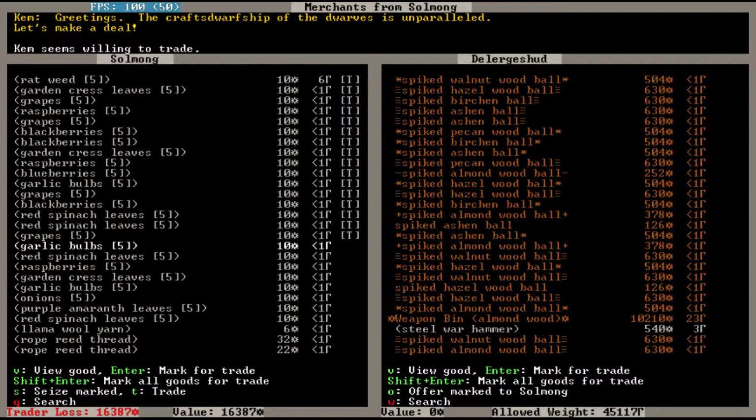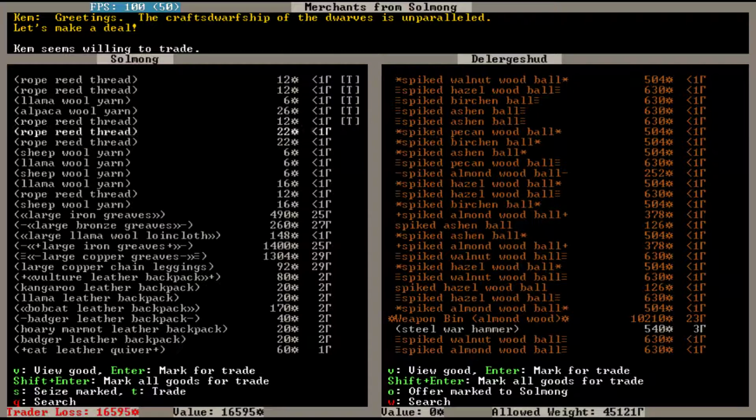Cress leaves, raspberries, grapes, garlic bulbs, onions, red spinach, rope reed thread. We want thread for the hospital. Iron greaves? I don't think so. I don't think we need...